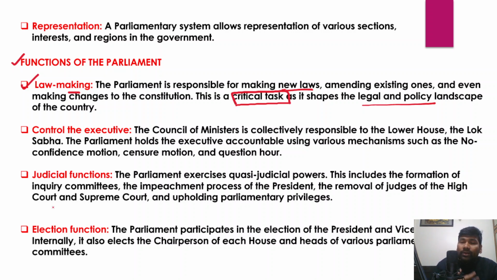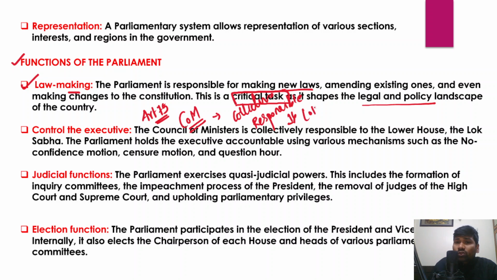And in fact, Parliament also holds the executive accountable. Now, how does Parliament hold the executive accountable? Because we have already understood that Article 75 of the Indian Constitution says that the council of ministers is collectively responsible to the lower house. They are collectively responsible to whom? To the Lok Sabha, and because of that, Parliament can hold the council of ministers accountable through various elements such as